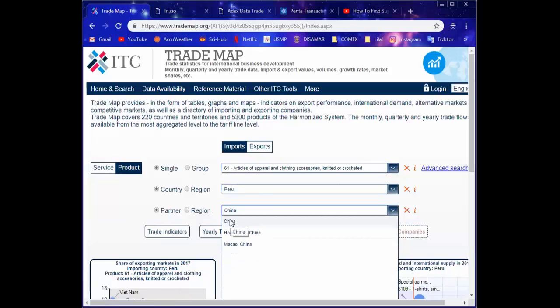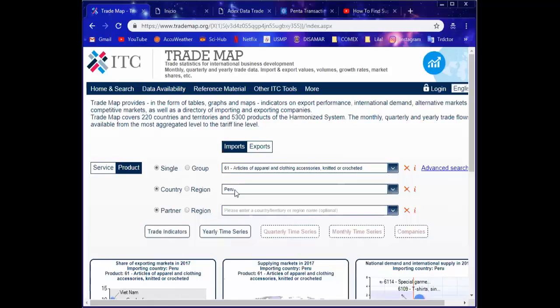That would be imports of products from the chapter 61 that China sent to Peru. So the exporter would be China, the importer would be Peru, and the chapter of choice would be 61. But we're going to keep it general and leave that blank, and we're going to see Peruvian imports from the chapter 61.